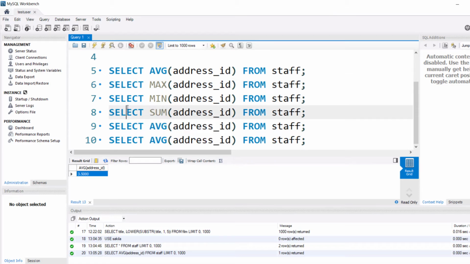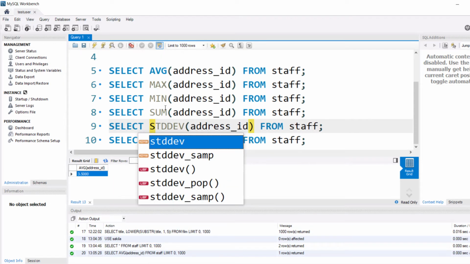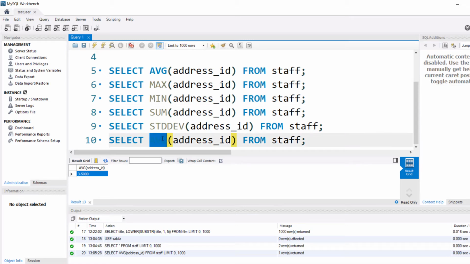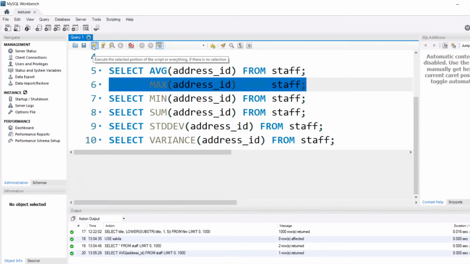It is going to compute the summation. And then we have a couple of statistical functions, stddev, which is nothing but standard deviation, and finally we have variance. Okay, so all the 6 are group functions. And we also have another group function known as count. So we are going to see it later in the same video lecture, but let us execute the rest of these select statements one by one.